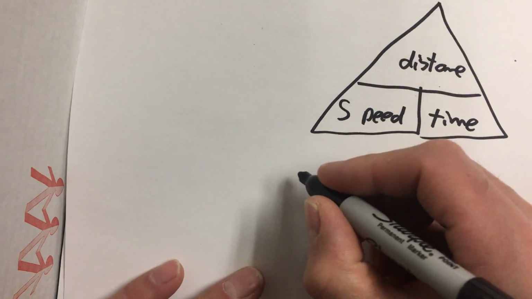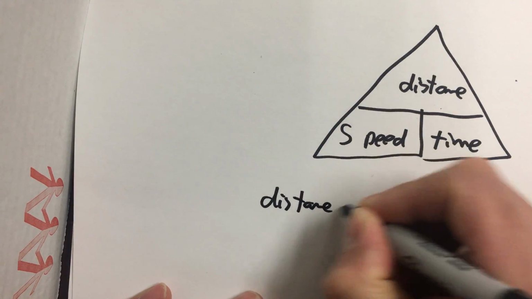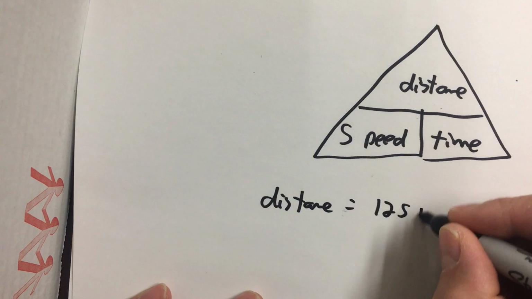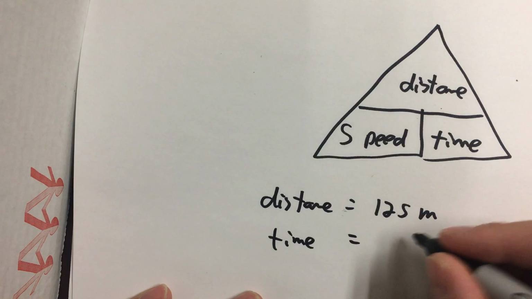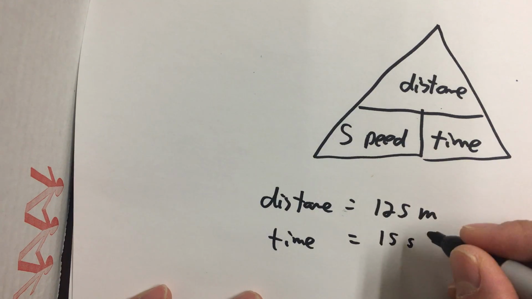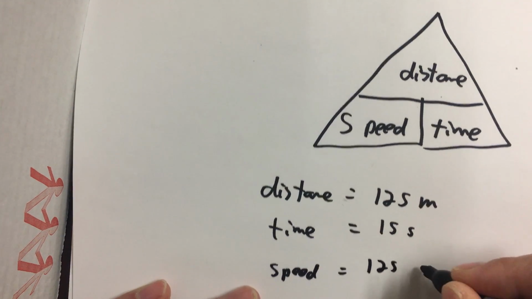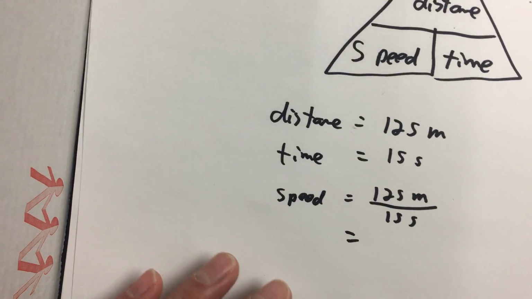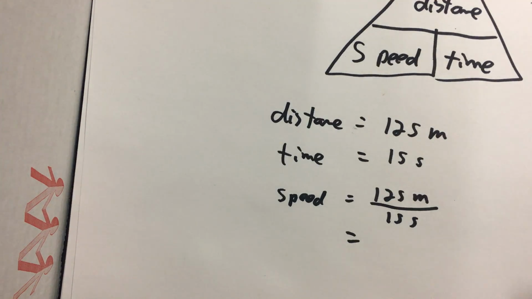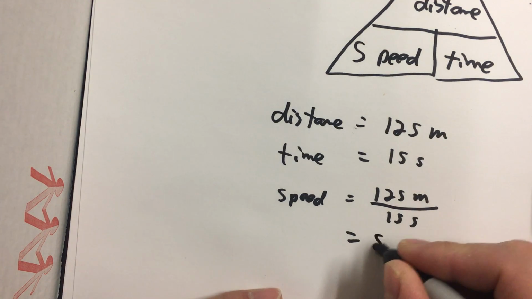So our speed in this case, well, let's just write in the values here. The distance is 125 meters. And the time that took was 15 seconds. So speed is 125 meters divided by 15 seconds. And that makes our speed 8.33